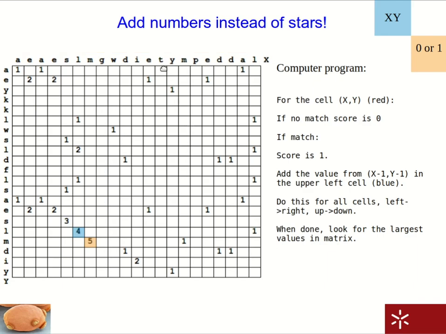So how do we turn this very simple algorithm into something that a computer can understand and interpret? We could, of course, create this kind of matrix for every sequence pair that we want to analyze, and then look for these runs of diagonals here to see. But it's unfeasible. We have so much sequence information that we actually need the computer to do this for us. And we can easily do that by